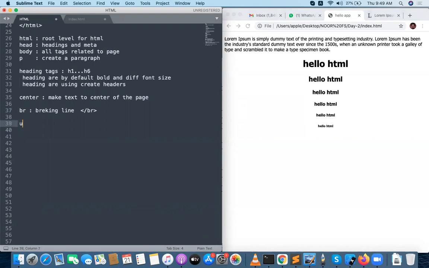And one more tag is the U tag for underline text. I tag for italic text. EM tag for emphasizing the text.